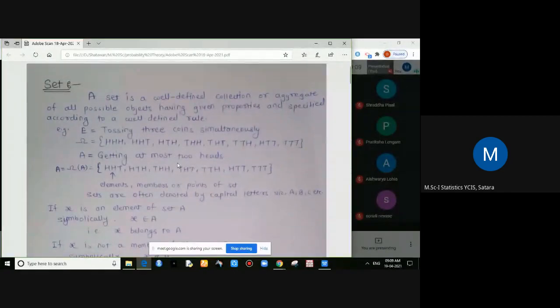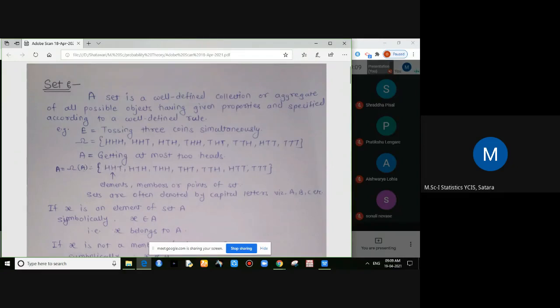ओके, म्हणजे जास्तीत जास्त किती हेड्स आले पाहिजेत? जास्तीत जास्त 2 हेड्स पाहिजेत. त्यामुळे आपण कोणतं इन्क्लूड नाही केलेलं. कमीत कमी कितीही चालू शकतात, 1 किंवा 0. 0 म्हणजे कोणता आहे आपला आउटकम? तर TTT. ओके, आणि इथं फक्त ज्या आउटकम मध्ये 3 हेड्स आहेत तो फक्त आपण इथं इन्क्लूड केलेला नाही. ओके,